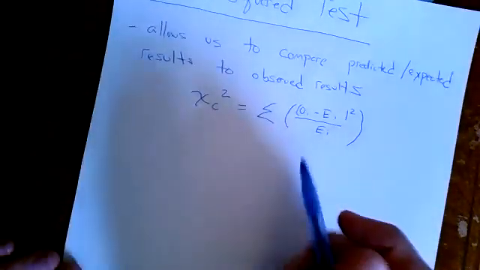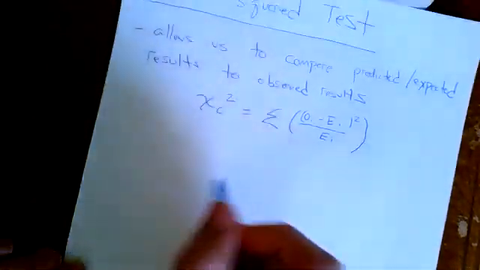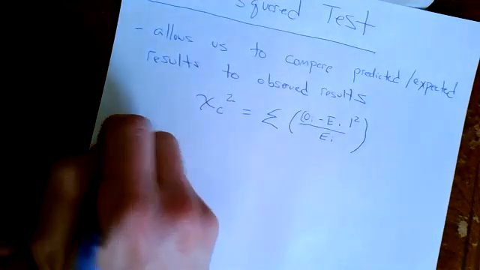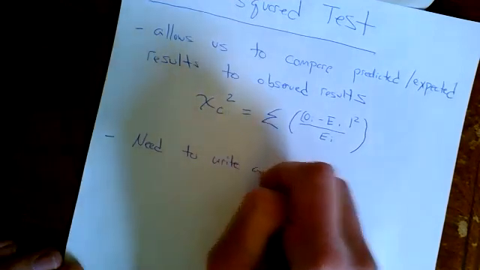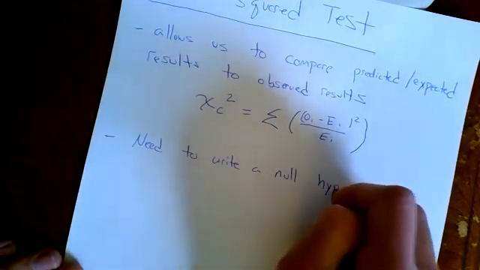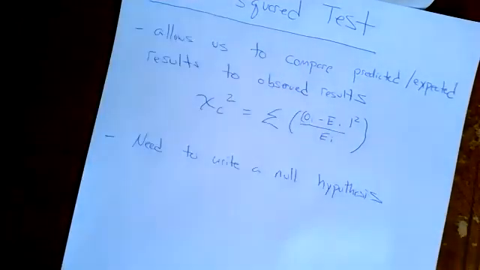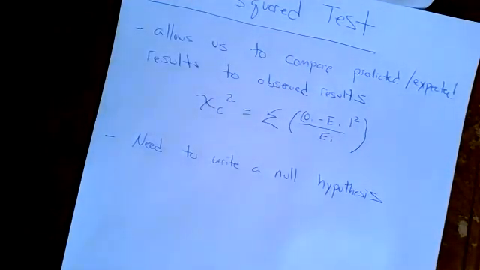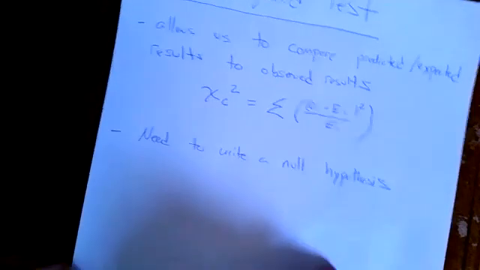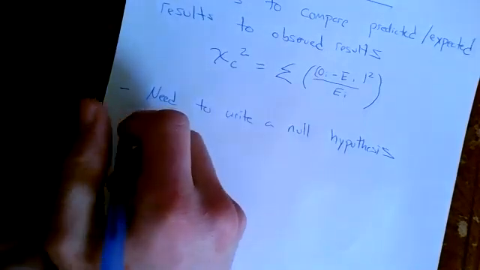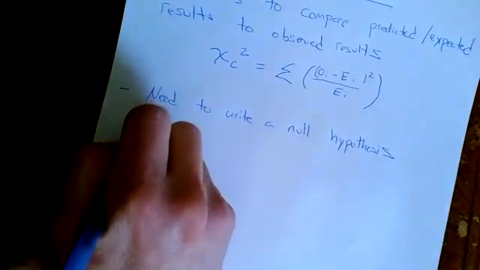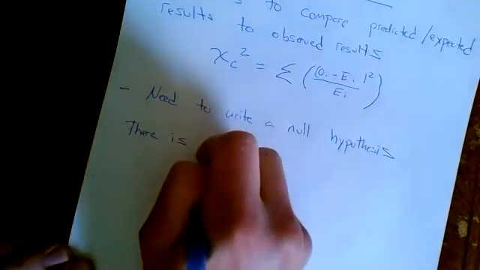But the key, before we complete a chi-squared test, we need to have what's called a null hypothesis. So we need to write a null hypothesis. The null hypothesis is what the chi-squared test is actually evaluating. It tells us whether we can accept our null hypothesis or reject it. So here is the null hypothesis that we're going to look at today, and it's the same one he looked at. There is no